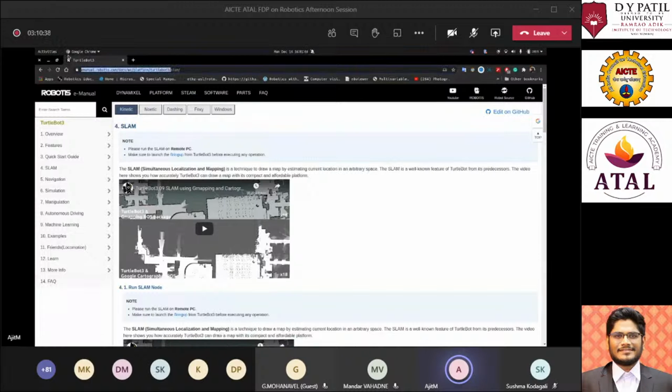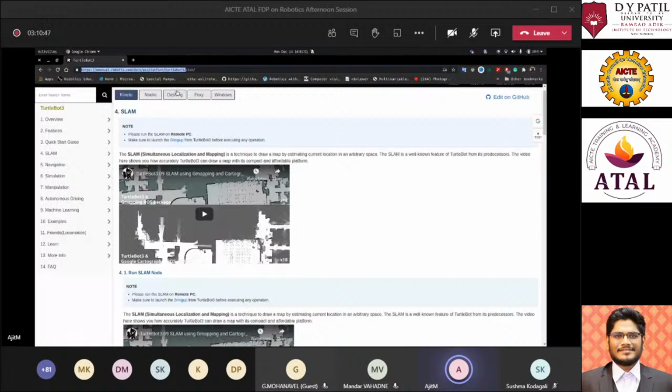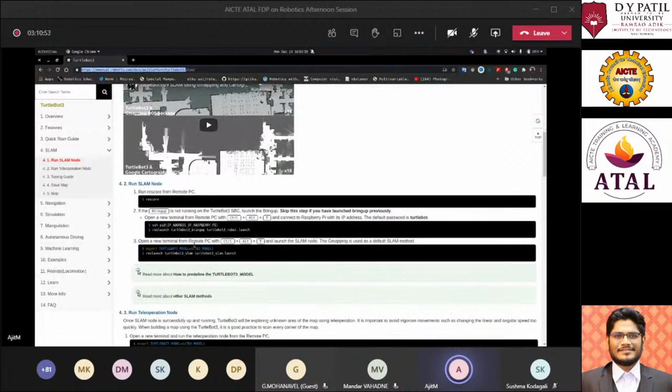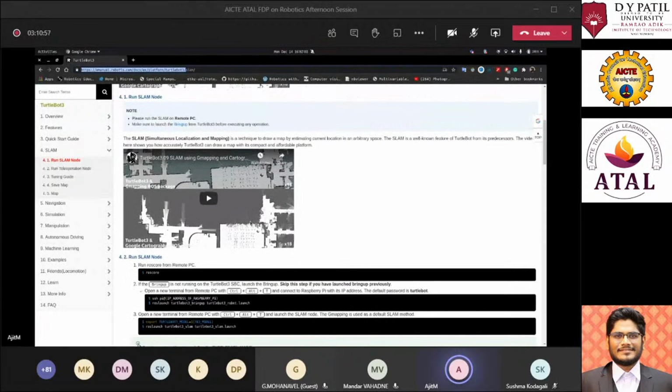I'll just copy paste this for everyone to go and visit this page. This is completely about TurtleBot 3. Now I'll go through this tutorial which they have provided, and I will do 2D SLAM for mapping out the area which we were using.